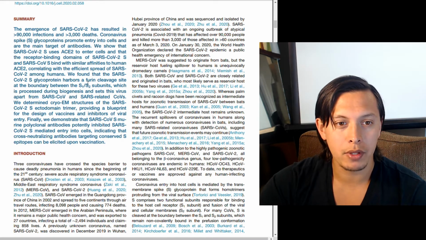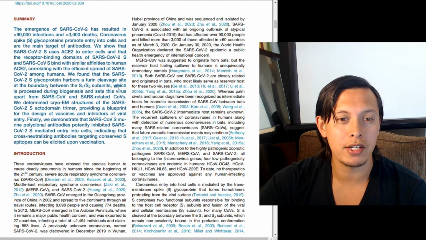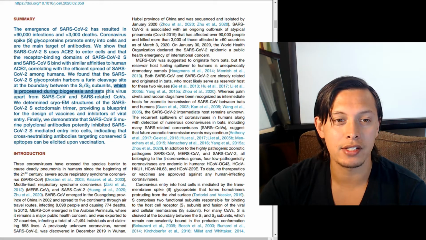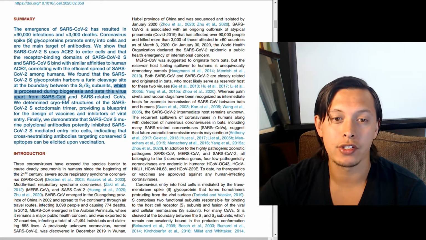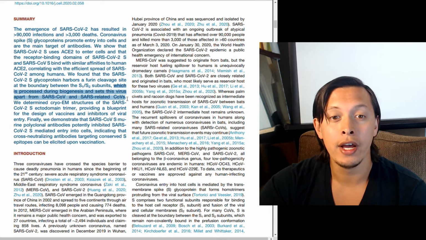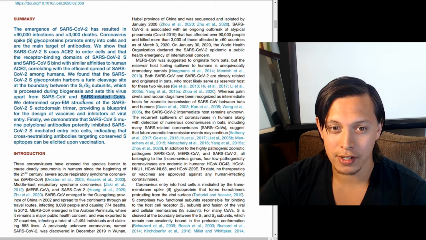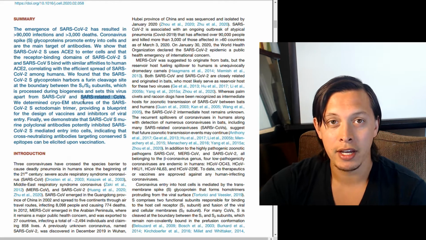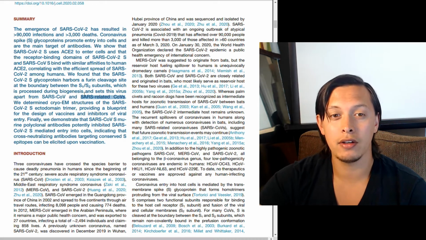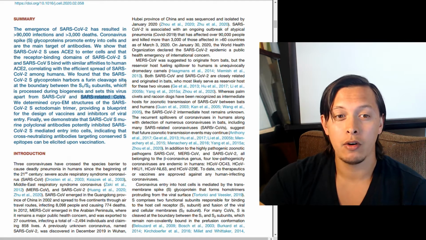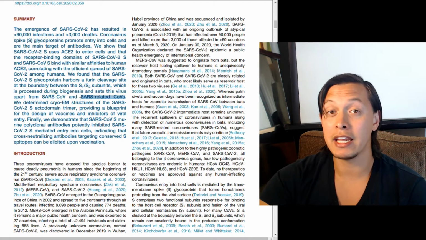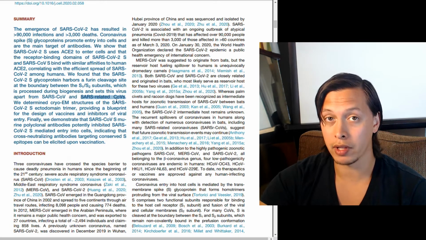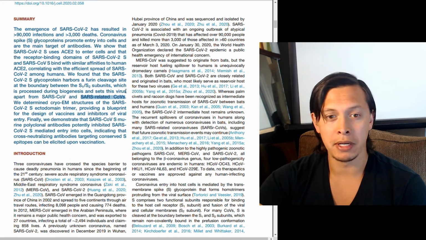So, which is processed during biogenesis and sets this virus apart from SARS-CoV and SARS-related coronaviruses. So this virus that is causing the current pandemic is different in regards to this furin cleavage site from the original SARS and many other SARS that are closely related to it. Excuse me. So we determined